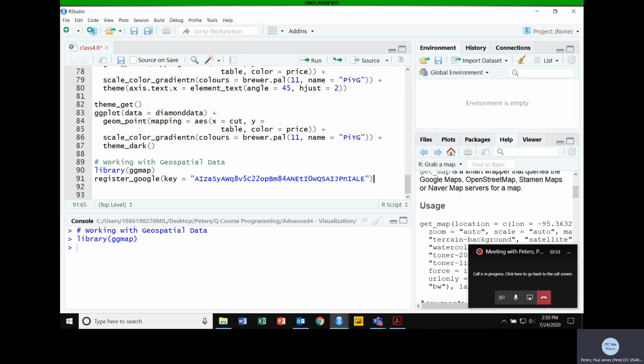So when we work with geospatial data, we're essentially doing the same thing, except that the background is not going to be this gray background with white tick lines. It's going to be a map. And instead of the X axis, we're going to have longitude, and instead of the Y axis, we're going to have latitude. Other than that, that's about the only thing that we're changing. That's why I went through this whole review of ggplot, because ggplot does all of the same things that ggmap does in a very similar fashion